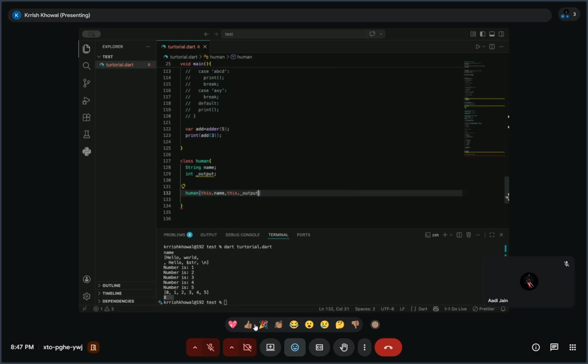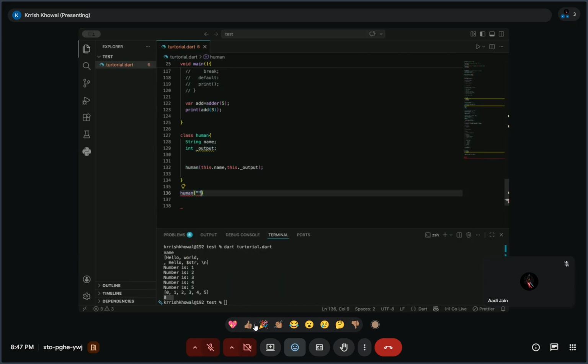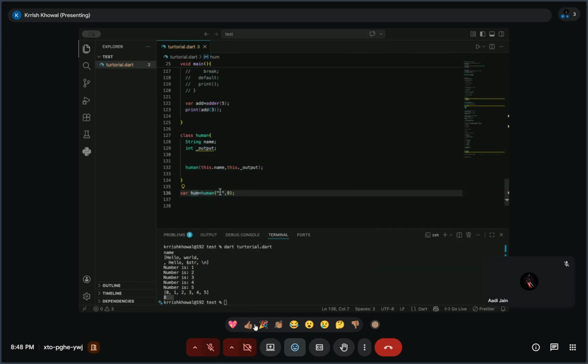This dot output. So using this, we are making a constructor. We can pass the values whenever we call a, let's say I'll call a human class. Then I can provide the name and also some output. So this will create a class variable and provide it to us. We can use them. Let's say if I want to store it to some variable, you can see that it would provide me a class where the name of this is blank and the output is 9. So this is this, and we can also create the functions inside this, which are,